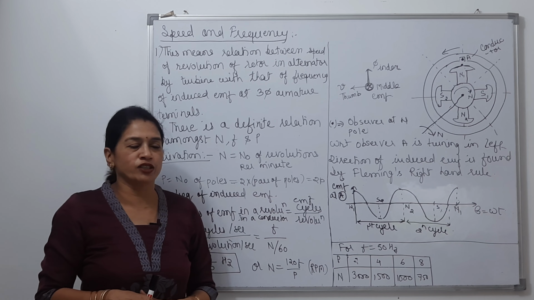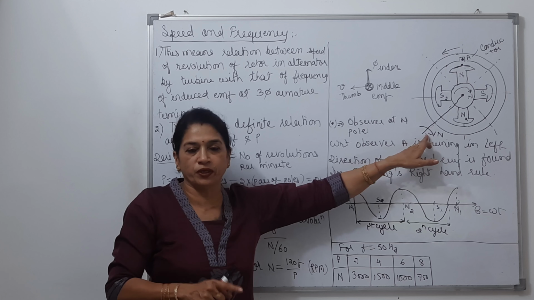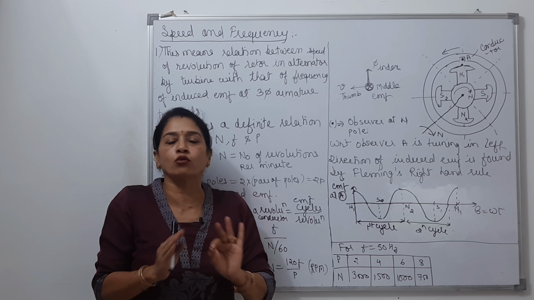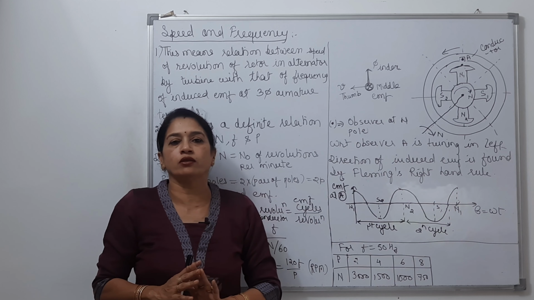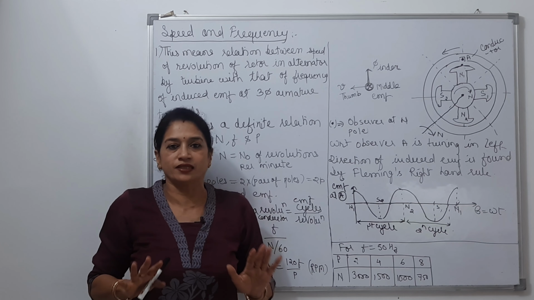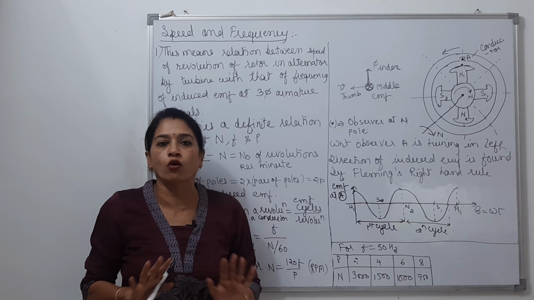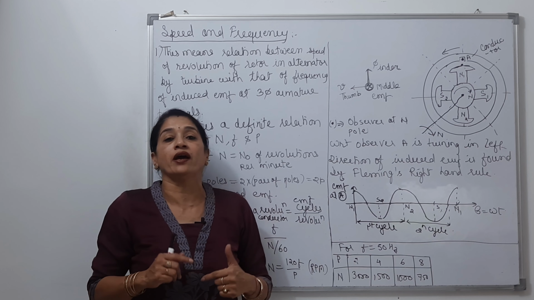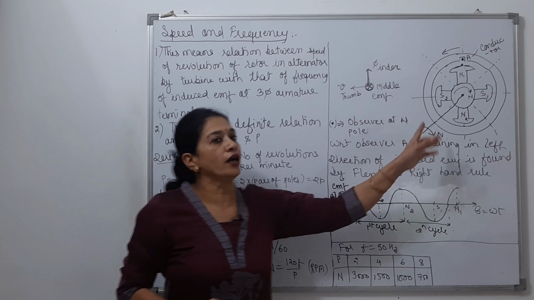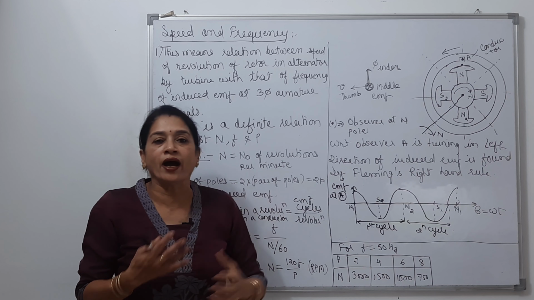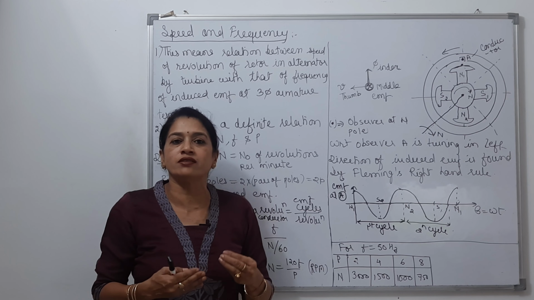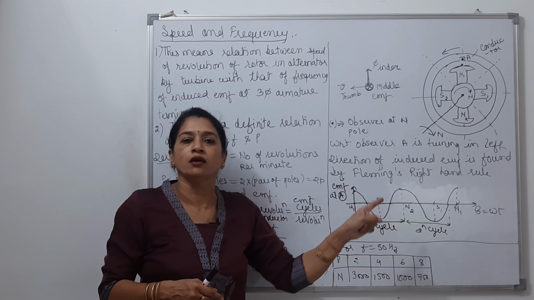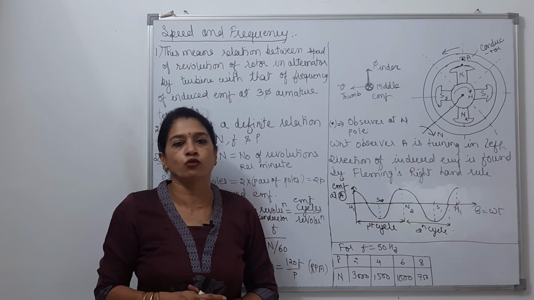One thing I want to explain here: the speed we are providing to the rotor is not at all going to be generated by the system by itself. That is not automatic. The speed we provide through the turbine according to our choice, and the induced AC EMF would have the frequency according to this speed and the number of poles existing over the rotor.